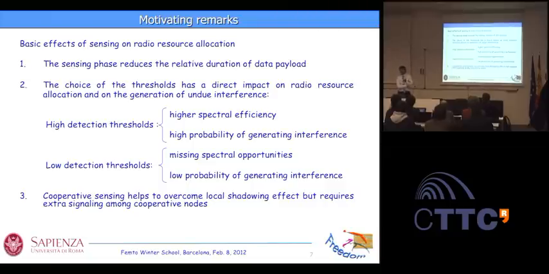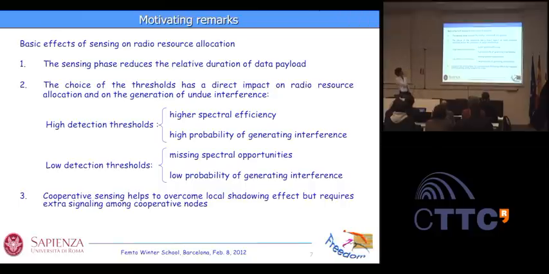And then when we do detection, of course, we have to set thresholds. Now the question is, what is the best way to find out the optimal thresholds over each channel? Of course, detection theory is well known in the history of signal processing or decision theory. But the problem is that we should now cast the detection problem within this radio resource allocation within the Femtocell network scenario. So, which are the problems?